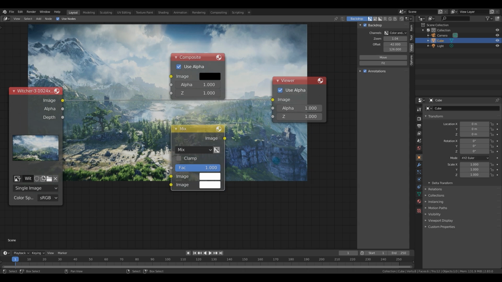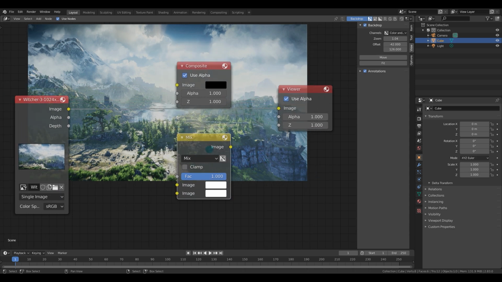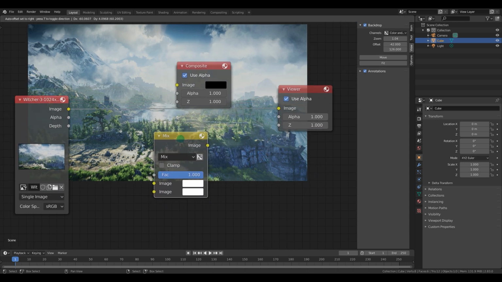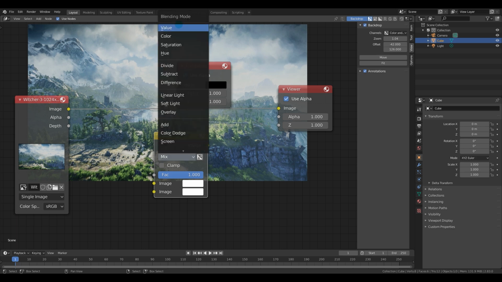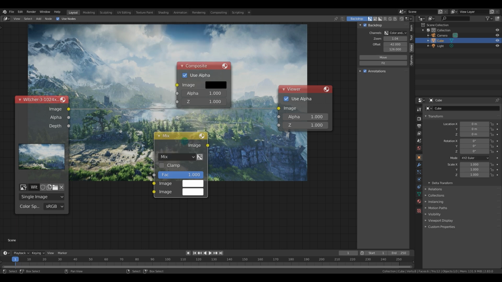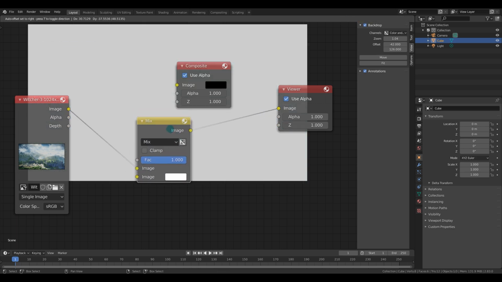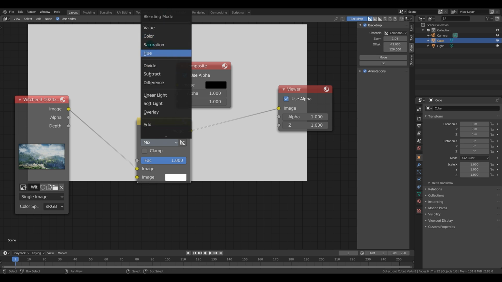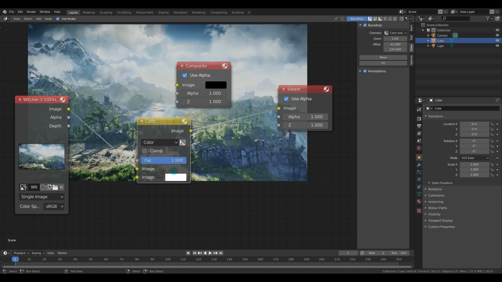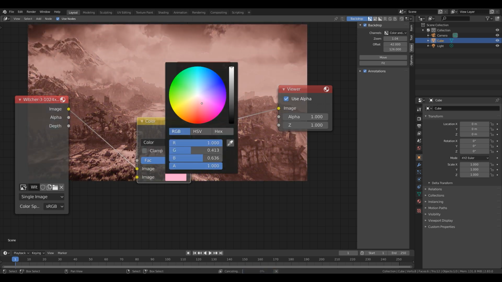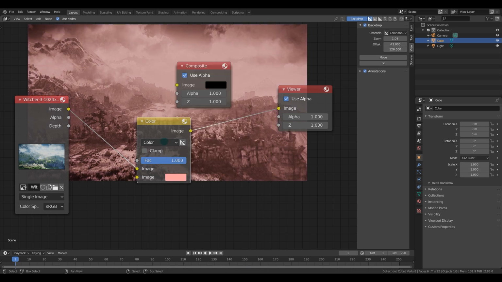The mix node is called the mix RGB node back in the shader editor. Now this thing is useful for all sorts of things. There are a ton of blending modes in here used for mixing images together. Some of my favorites that I actually use a lot are hue and color from this top menu. These are ways that you can actually introduce color into a scene. All those hue nodes, all those saturation nodes, they only can work with hues that already exist. But with a color or something like this, you can introduce color.